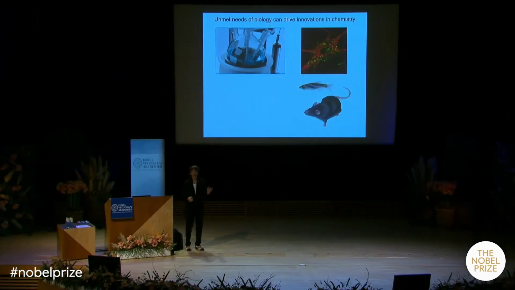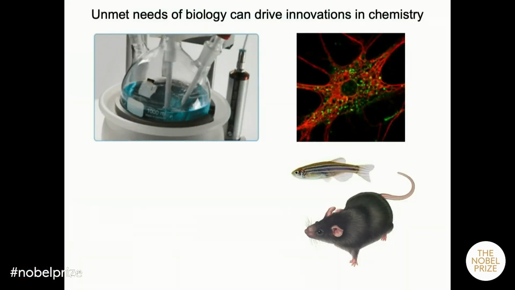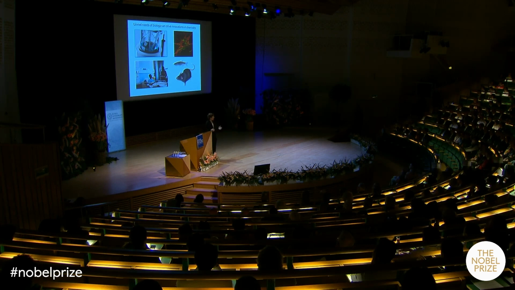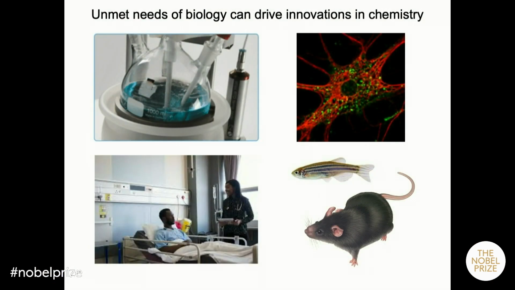But even more complicated is the chemistry you might want to do in living organisms, like a laboratory mouse, or, as I'll show later in this talk, the zebrafish, which is a model for development of vertebrates. And probably the highest level of complexity where one might want to do a chemical reaction is the human. And in fact, as you'll see, bioorthogonal chemistry is actually now being tested in human cancer patients for the purposes of drug delivery. So for all of these kinds of reaction vessels, we knew that we needed a different brand